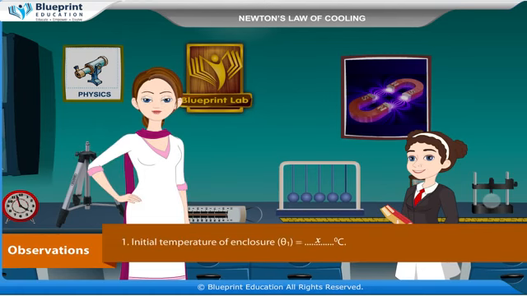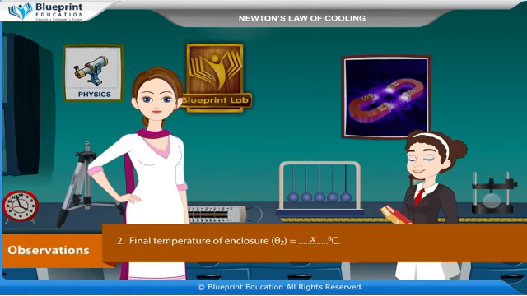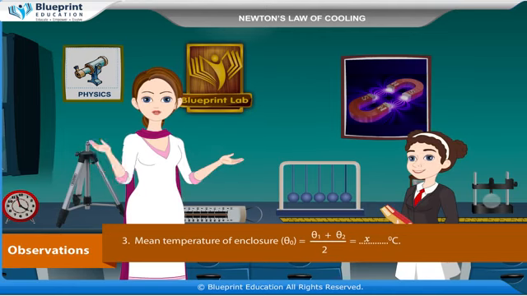Initial temperature of enclosure θ1 is equal to x degrees Celsius. Final temperature of enclosure θ2 is equal to x degrees Celsius. Mean temperature of enclosure θ0 is equal to (θ1 + θ2)/2 is equal to